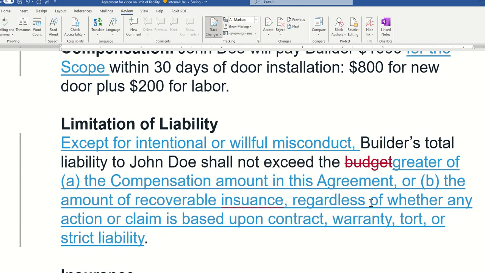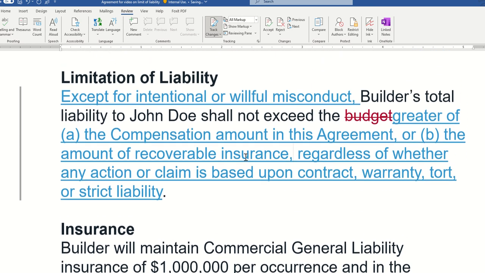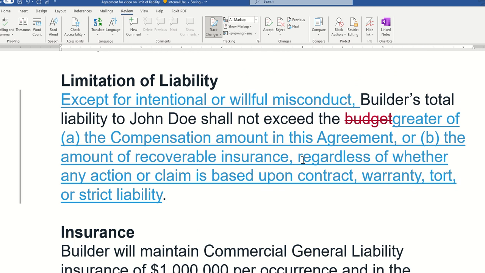Okay, so that's something along the lines of what the template said. Now I'm going to go through these, and I don't know if I need all this language. First of all, warranty. Now I remember in the store, the builder said there's no warranty on the door. So I'm not going to be suing him in warranty. I know there's no warranty, so I'm just going to delete that.